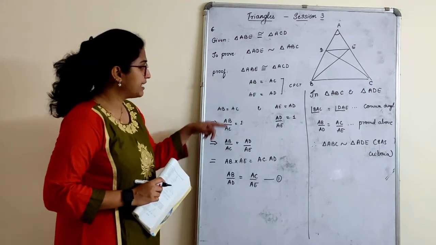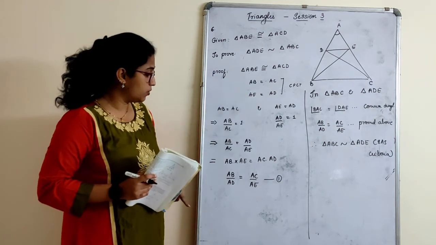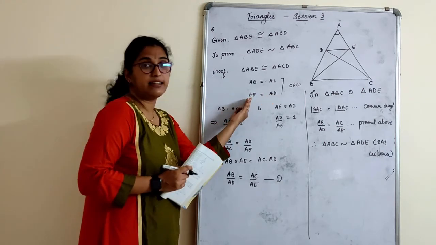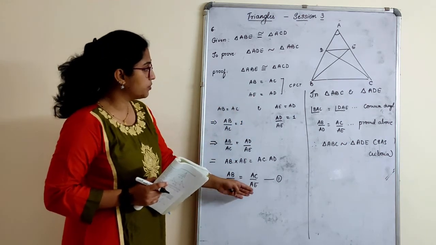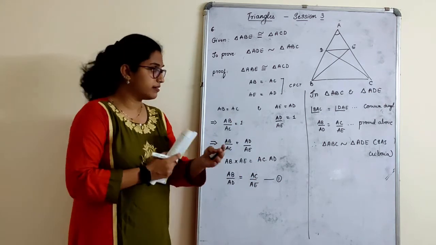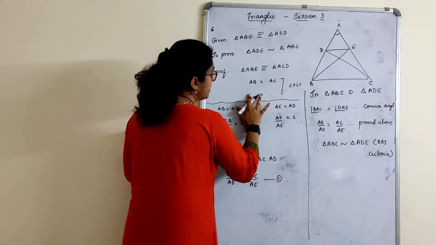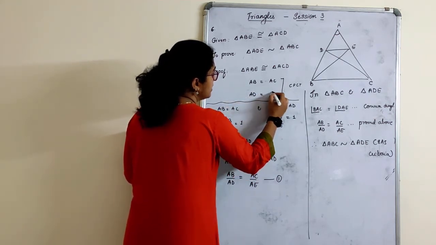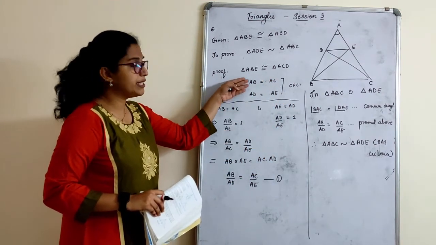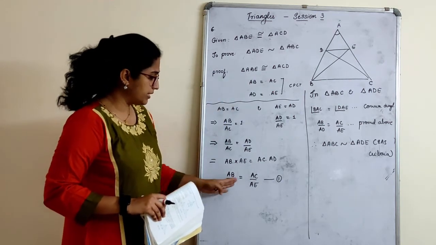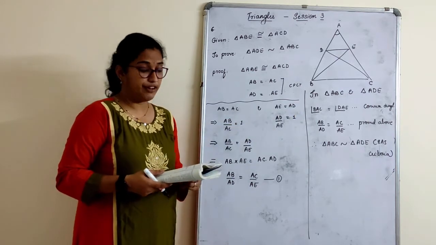But there are many ways of writing this also, children. You can skip this part. AB is equal to AC, AE is equal to AD. What I can write here is AD on this side, and I can say divide equation 1 by 2. Directly you will get AB upon AD is equal to AC upon AE. That also you can do. It is correct. I repeat. You need not write any of these things. Directly here only we will say AD is equal to AE. So, divide equation 1 by 2. AB upon AD is equal to AC upon AE. We will arrive at this equation directly. That also can be used, and then arrive at the final part.